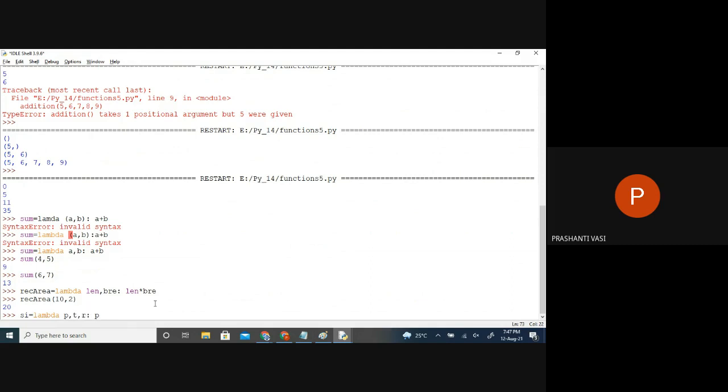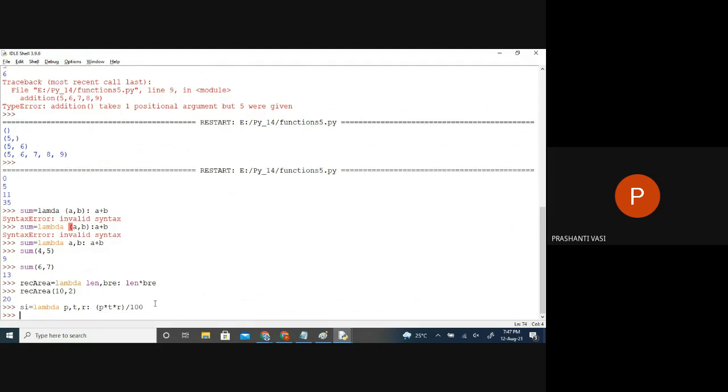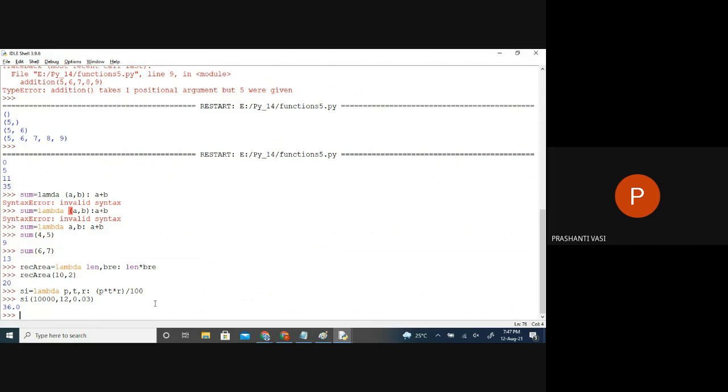So I'll just say the PTR by 100. So it's very quick. You can see that. So simple interest of 10,000 for time period of 12 months with an interest of 0.03, something like this. So you'll get an answer directly, right?